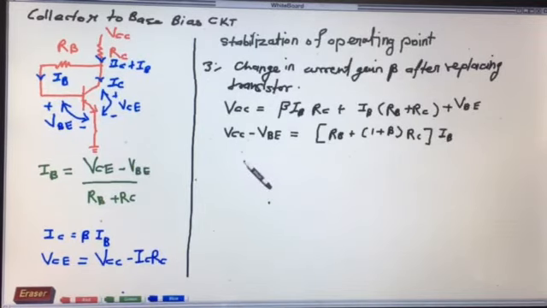So the value of IB is given as (VCC minus VBE)